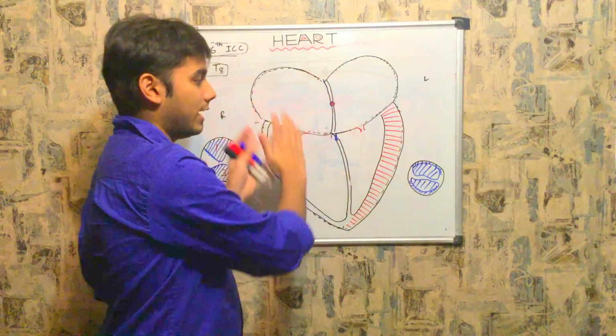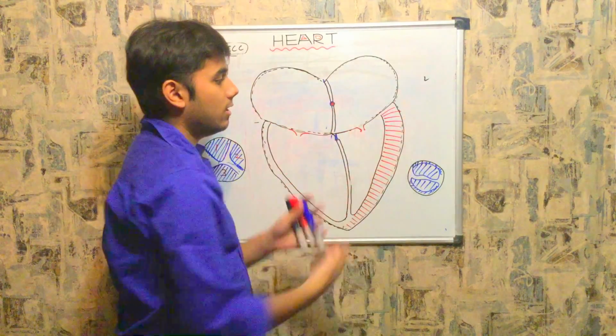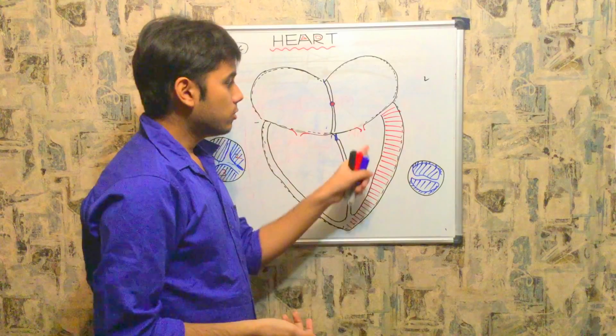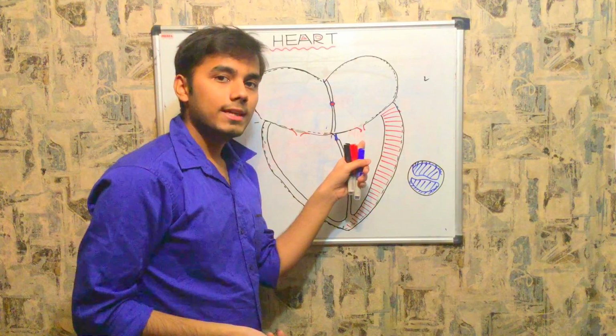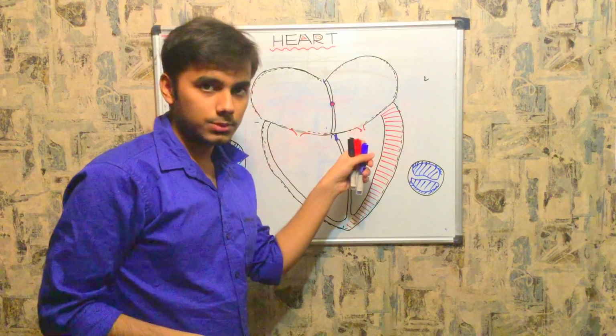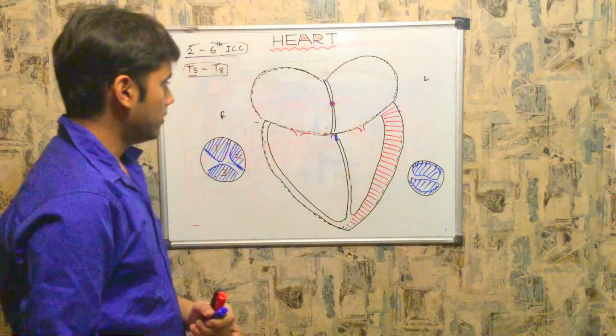Tri is present on the right side. Bi is present on the left side, right? So the bicuspid wall, you also call it the mitral wall. The other name for bicuspid wall is mitral wall, right? Now,